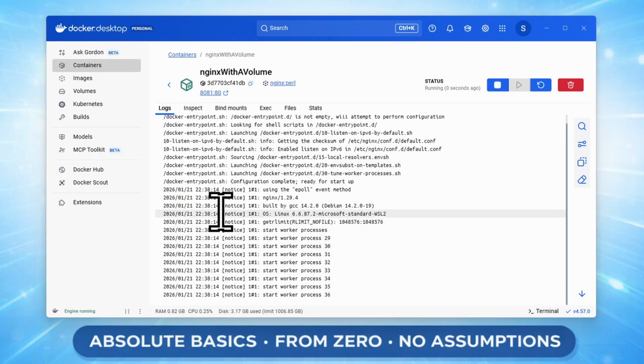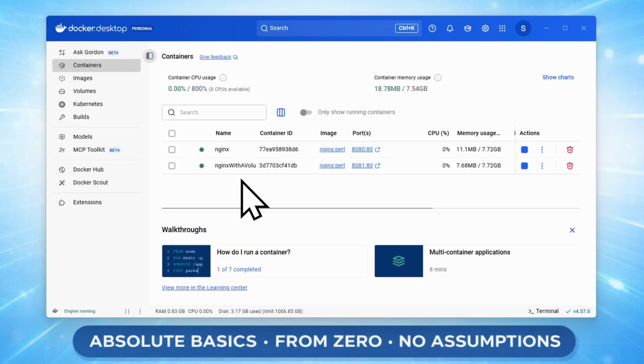A second later, it will state that the configuration is complete and it's ready for startup. Now once a container starts, Nginx will store its website files inside the Docker volume. The container runs the app, the volume stores the data. So now that the container has been created, click the Containers tab to view both of the containers that we